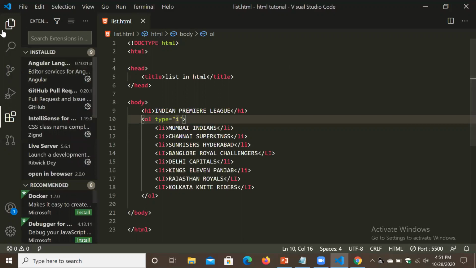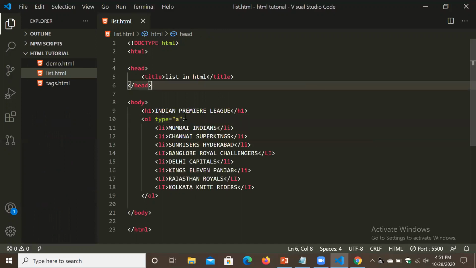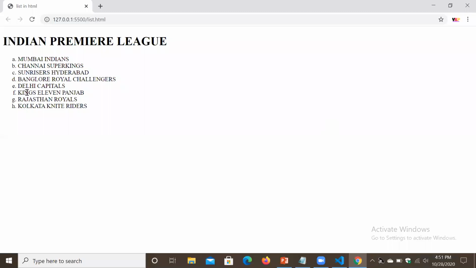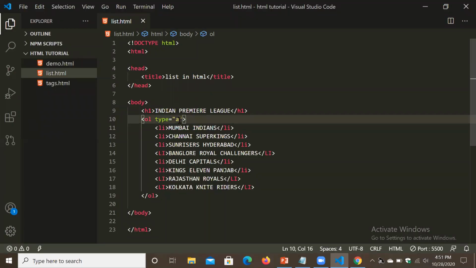Next, okay, back to our topic. So now we got in Roman numbers. Now we can get in small alphabet also by typing small a. No need of refresh. Look, A B C D E F G H. Now again, what is remaining? 1 2 done, Roman done, capital done, small done.